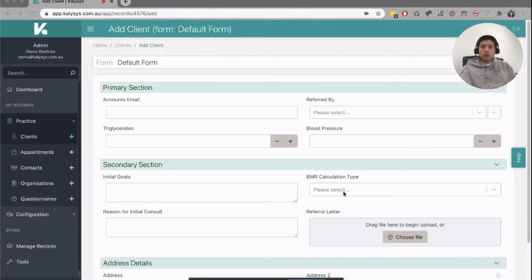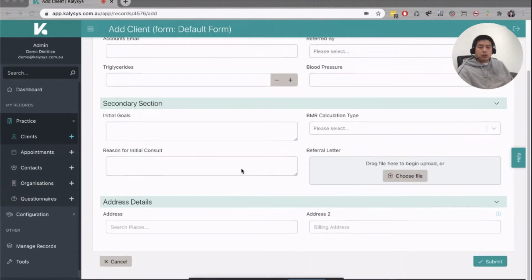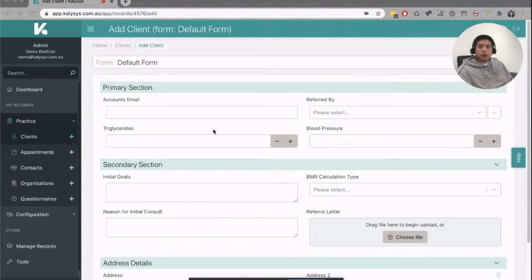Today's video is to show you how to add sections to a form. So as in this example, if we take a look at the default form, we might want to add a brand new section to capture different fields on a form. So today we're going to be editing the existing default form, and we can add a brand new section to